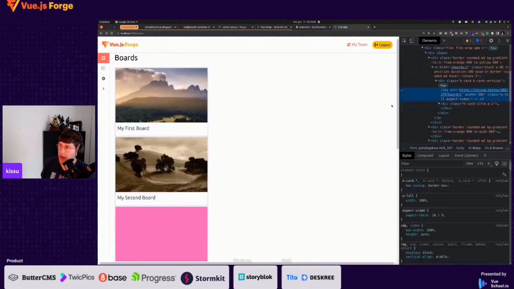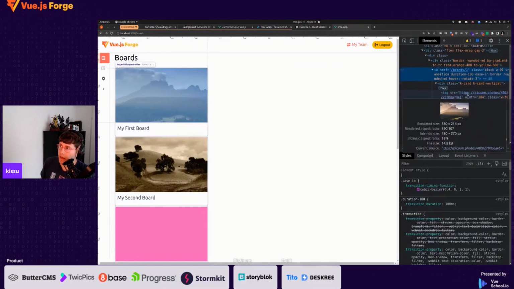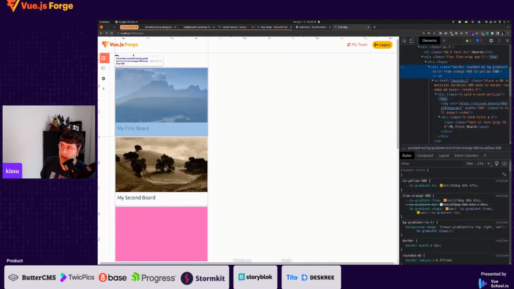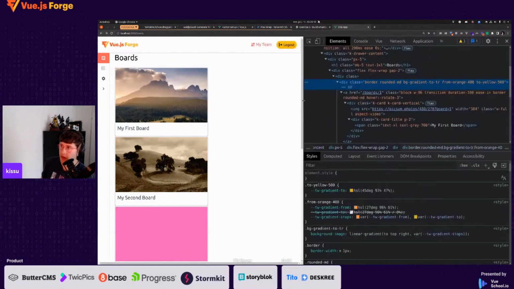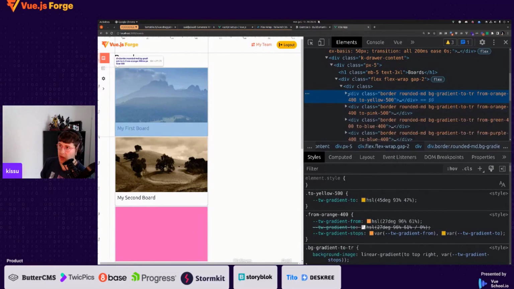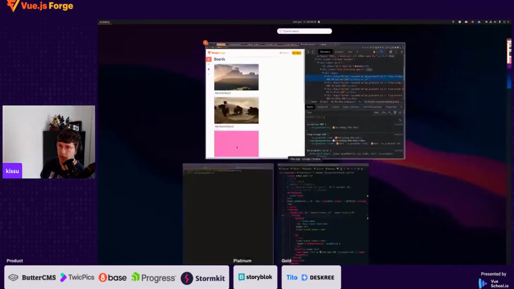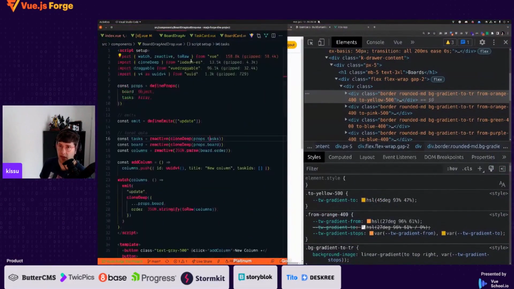If we inspect it, we're gonna see that we're gonna get a gradient for all of them. So I'm gonna zoom it a bit for people to see. We're gonna get a gradient for all of them going from top to right, and then for each of them we're gonna get various orange, blue, and purple. So how is this done? We just take the